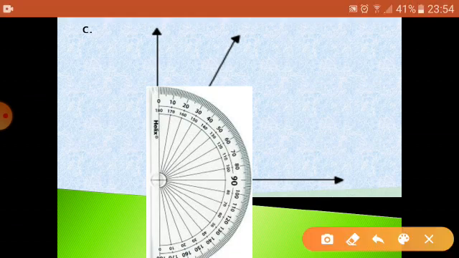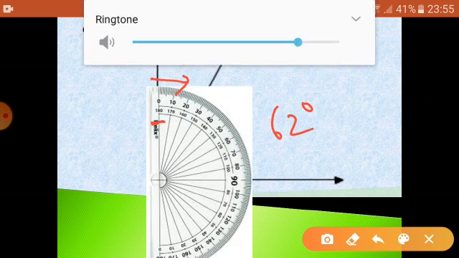Okay, now see, this is my 90 degree line, this is my 62 degree, and this was my x. So I am supposed to find the value of x by measurement. This is 62 degree. Now see this upper line we are using, because as we have discussed in one video, the use of protractor, how to measure the angle by using the protractor: wherever your baseline is, use that 0. If that is the upper line, use upper line measurement. See the lower case, that is 180 degrees. So we are not going to use this.